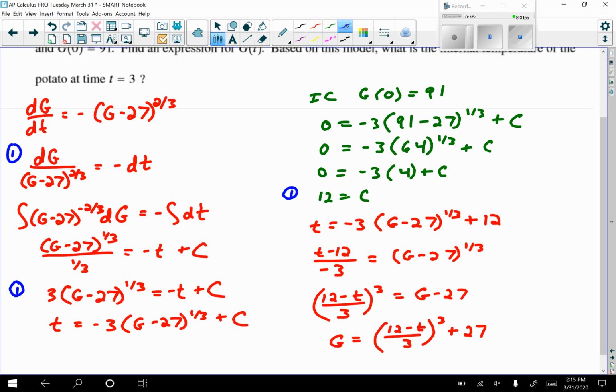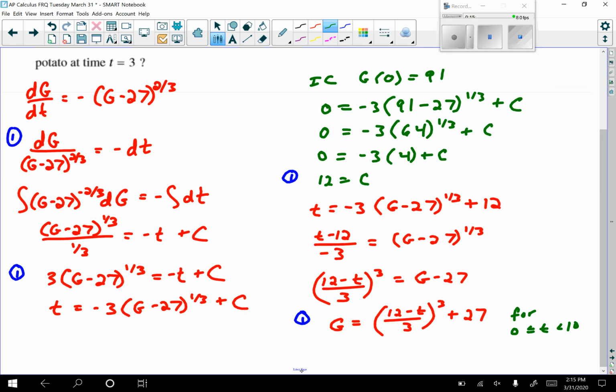So we get another point here for relating g and t together. So I'm going to go down here to this part. So we get a point for this. And again, we want to state that this is for all times in between 0 and 10. All right, so we're at 4 points so far. This problem is worth a total of 5. And then the very last step